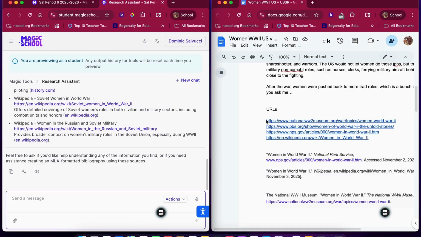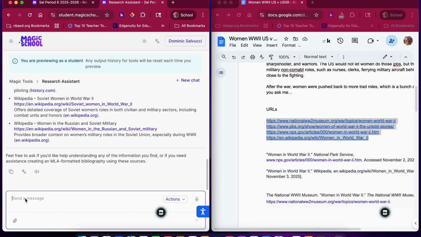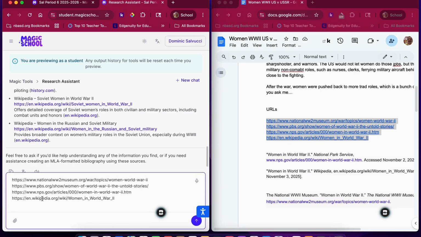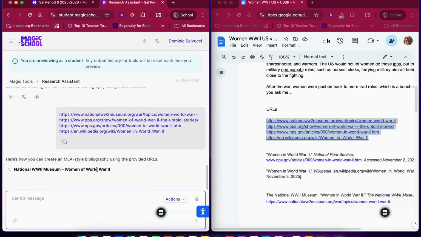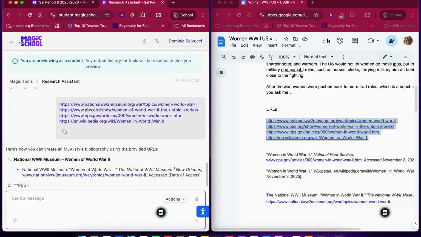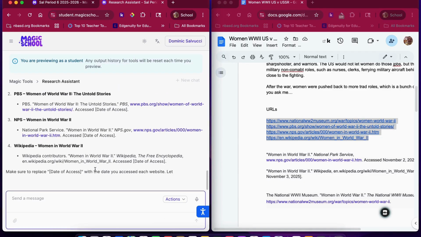So, over here, I grab the URLs for my research. I highlight them. I copy them. And I come down here in the Magic School and I paste them in. I hit the little submit button and it is going to create an MLA style bibliography based on the links